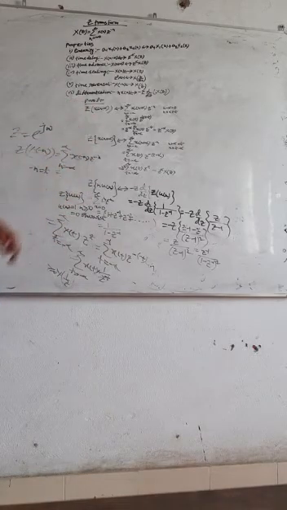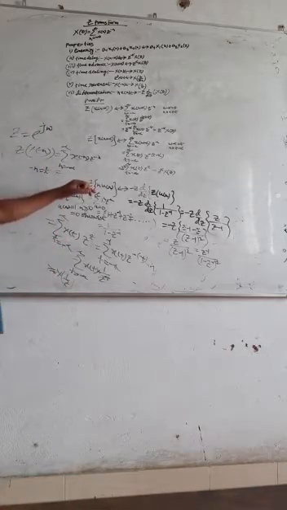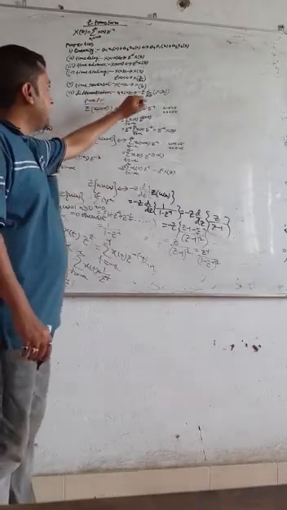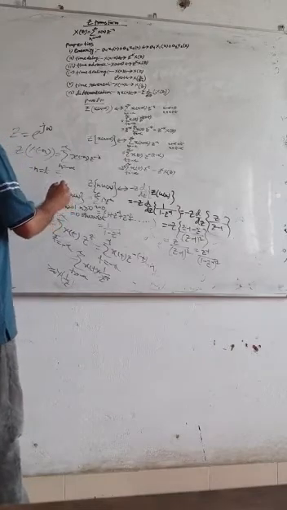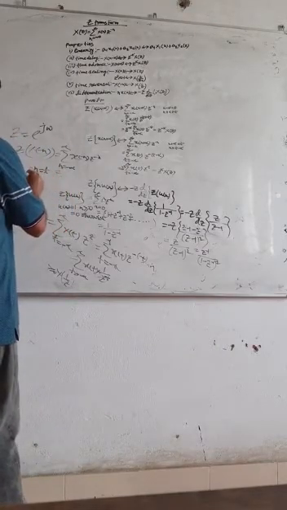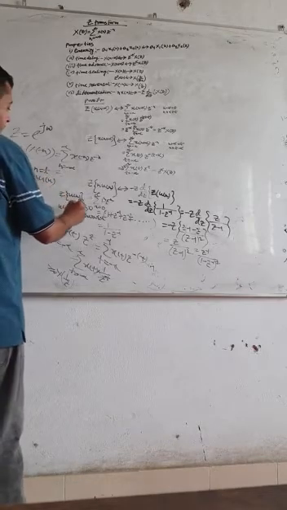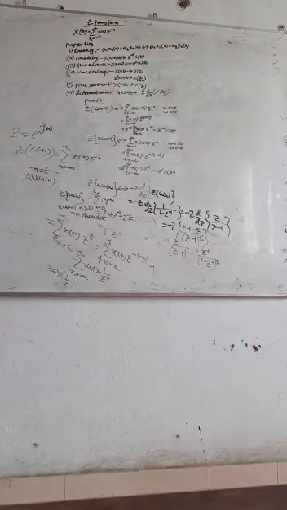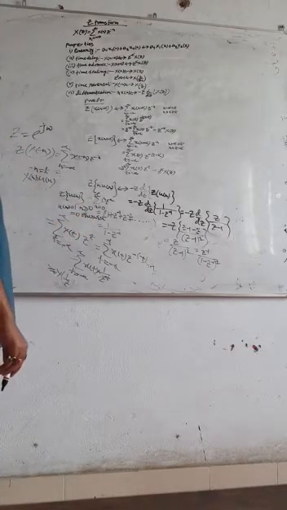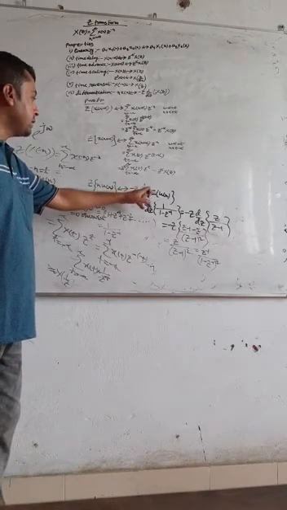Now it is the differentiation property. What does it say? The Z transform of n x of n equals minus z d/dz of X of z. Let's take an example. Your signal x of n is u of n, the unit step function. u of n is 1 for n greater than or equal to 0, and 0 otherwise. So the Z transform of n u of n is minus z d/dz of the Z transform of u of n.